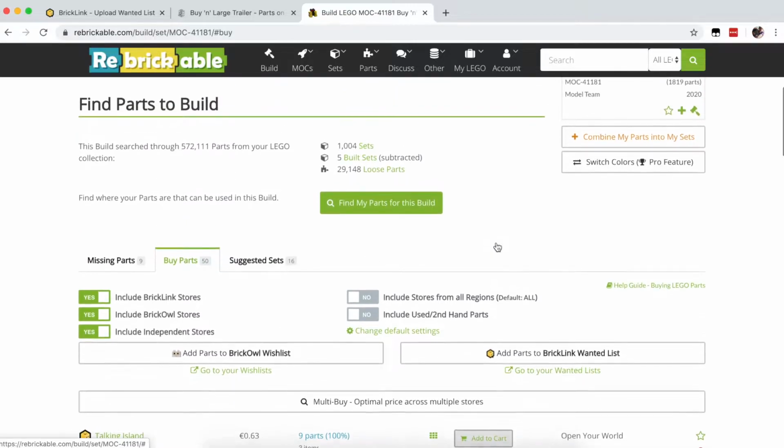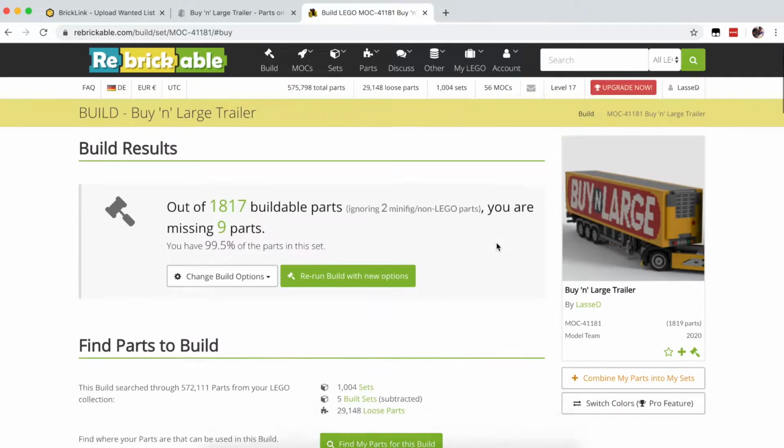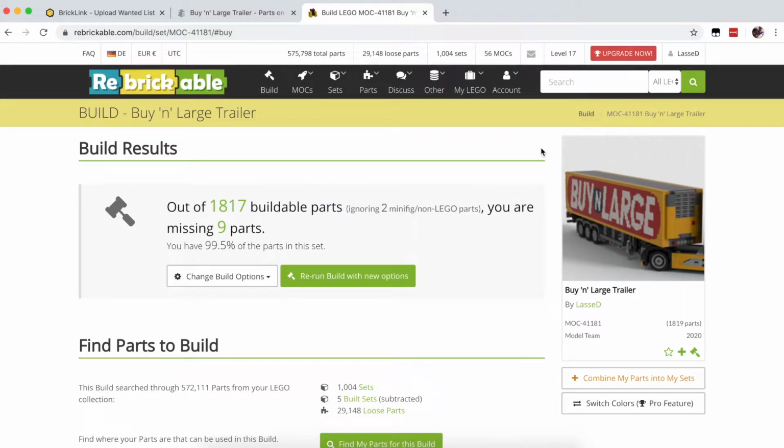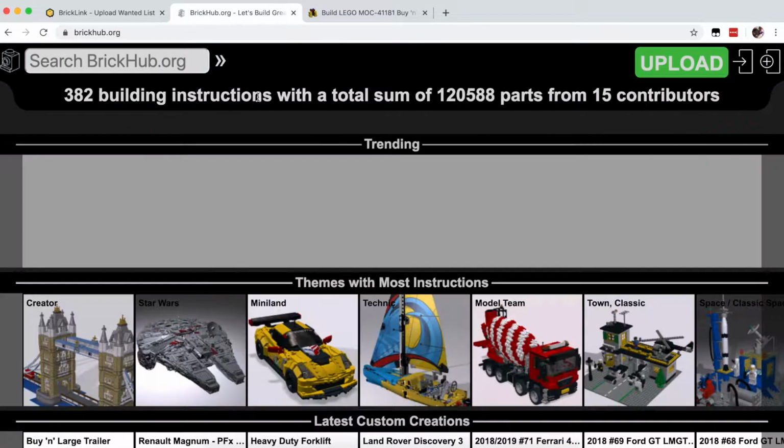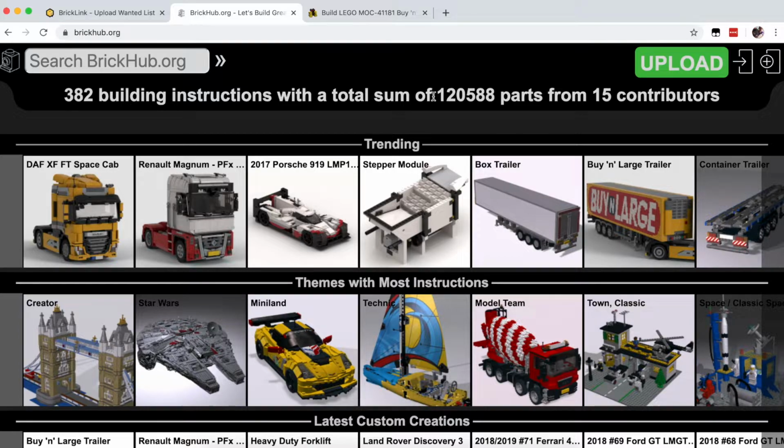So this is all functionality that Nathan and the Rebrickable team have made in order to make it easy for you to get the parts that you need in order to build mocks, such as the ones that I have on brickhub.org. And those are the tips and tricks I wanted to show you that generally work no matter what model you want to build. Now let's go back to the different types of models, and then I can give you some tips and tricks for each of the different types.